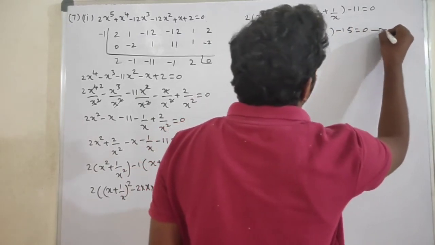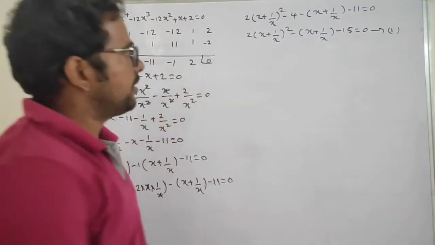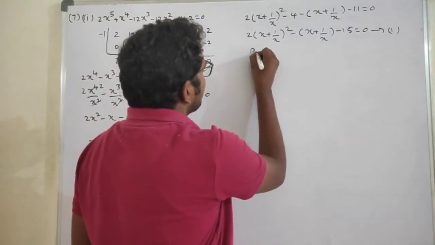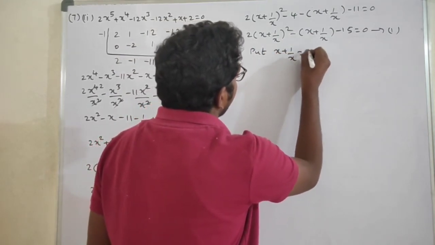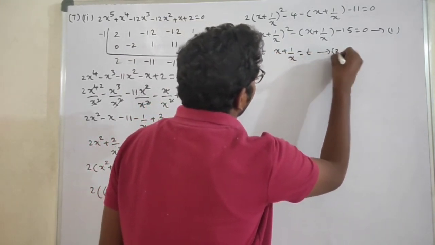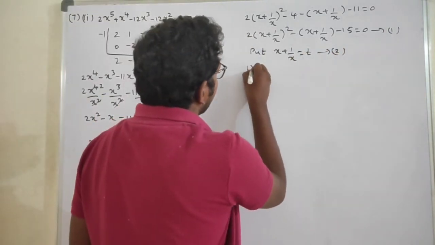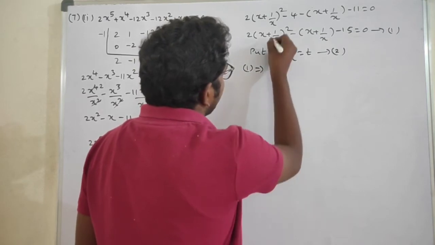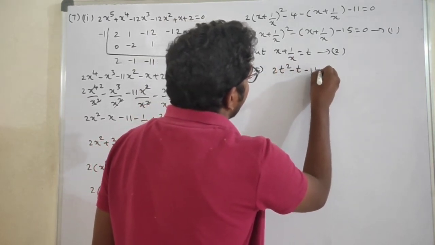Now take this as equation number 1. Now put x plus 1 by x equals t. Take this as equation number 2. Substituting the t value in equation 1 implies 2t square minus t minus 15 equals